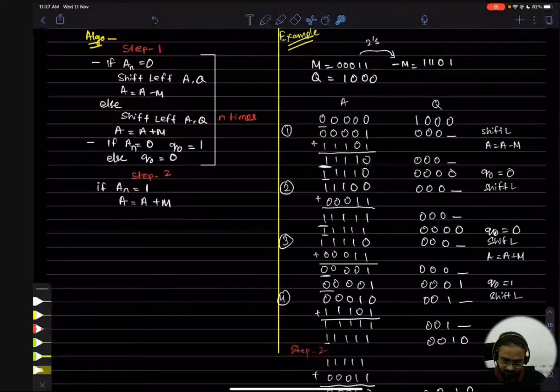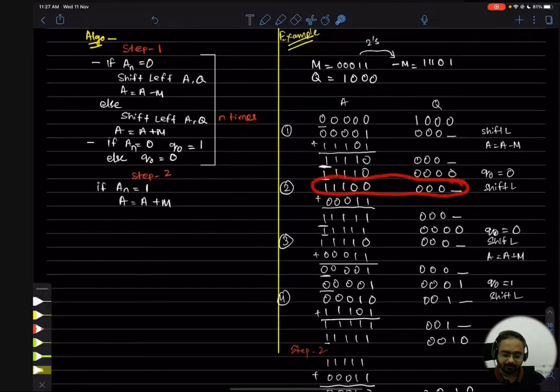Okay, so let's shift it to the left side. So whenever we shift to the left side, we will get this result. We have shifted, this went outside, this is here, this is here, this is here, this is here, 0 came here, this is here. And we will get a gap that we will fill later.